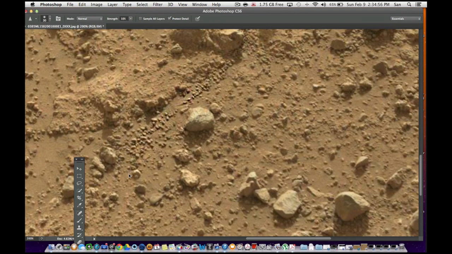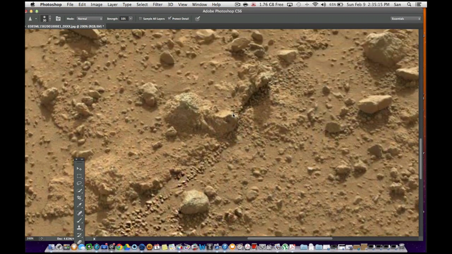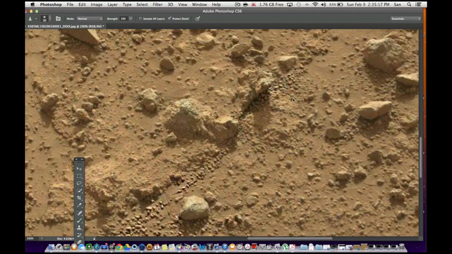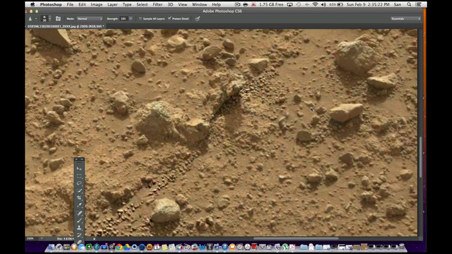Look at this. I'm sharpening everything up, and look how much NASA doesn't want you to see. A simple tool in Photoshop. Look, I'm doing the path for you guys. You see this? Look at this. It is amazing how they don't want you to know. They just don't want to tell us the truth. I mean, it's out there. They put a tremendous amount of blur on these photos. You have a $4 billion machine. You're trying to tell me that thing can't take a good picture? Are you serious? Give me a break.